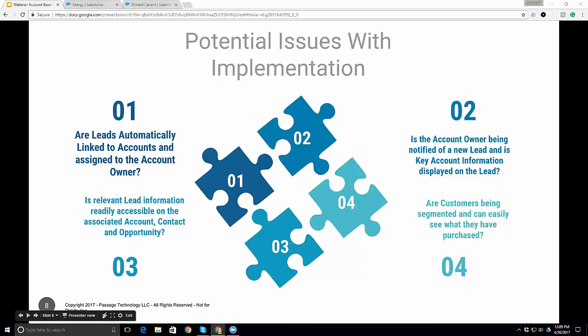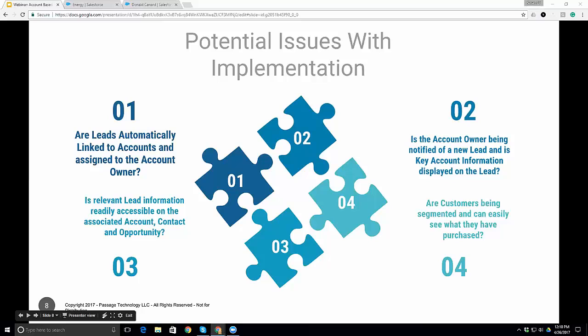Do you have the right information in the right place at the right time for the right communications to be delivered? Are leads automatically linked to accounts? It is critical that leads are being assigned to the correct accounts so they are receiving the correct communications, either from sales or from marketing. Is the lead owner automatically set to the account owner? In order for the correct person to be reaching out at the correct time, the lead owner should automatically be set. And you can use workflow then to notify them that they've got a new lead. Is the account owner being notified of their new lead for timely, targeted communications by the rep?